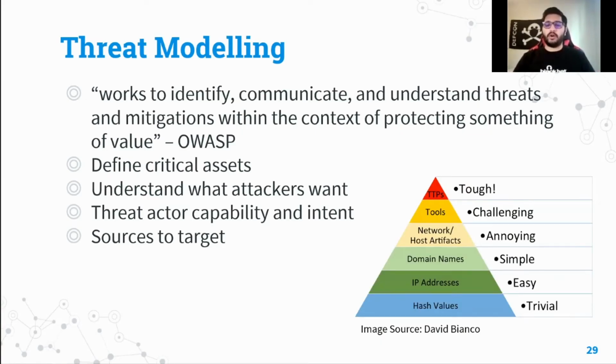So going a little deeper into this, this is how you start. Threat modeling is where you determine what critical assets you have in an organization. You figure out what the attackers want, what attackers can attack, and what you need to protect in your organization. These are all the things that are front facing, or what the attackers can attack.